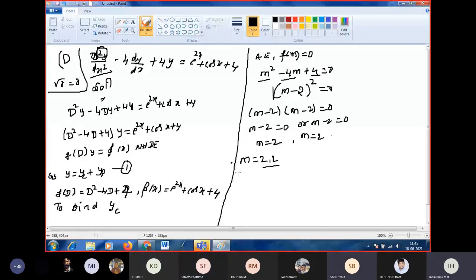Therefore, yc. I use that formula, ma'am, b square minus 4ac, plus or minus. You use the formula and you got the answer as 2 plus or minus 0 by 2, same, divide by 4 plus or minus 0 by 2. Then 2 and 2. What is 4 plus 0? 4 only. What is 4 minus 0? 4 only. Same, 2 roots you will get.